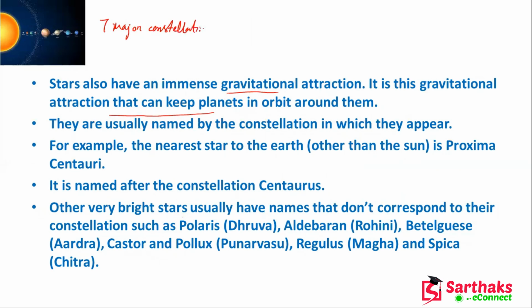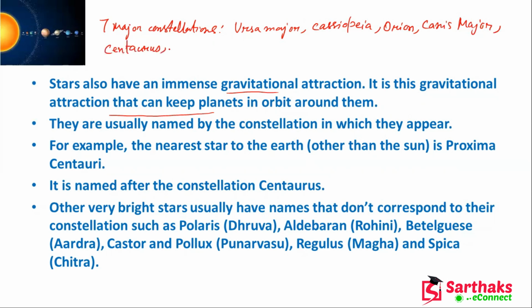Seven major constellations, like Ursa Major, Cassiopeia, Orion, Canis Major, and also Centaurus, Crux, and Carina. Okay, so here the nearest star to the Earth is